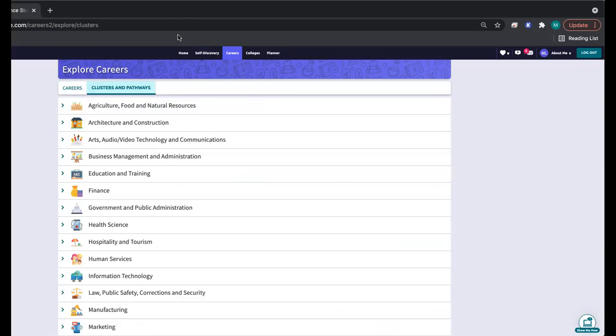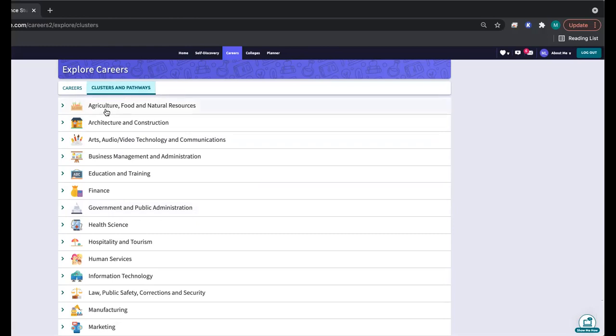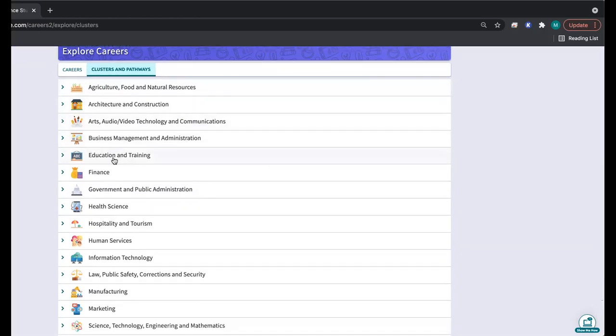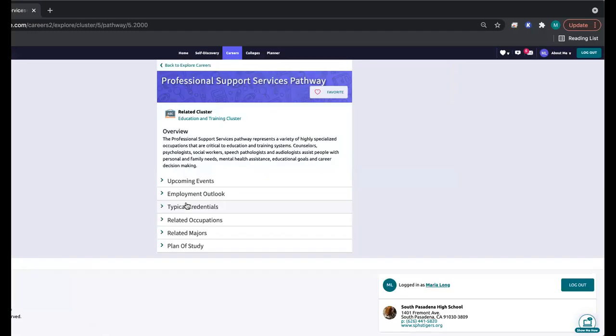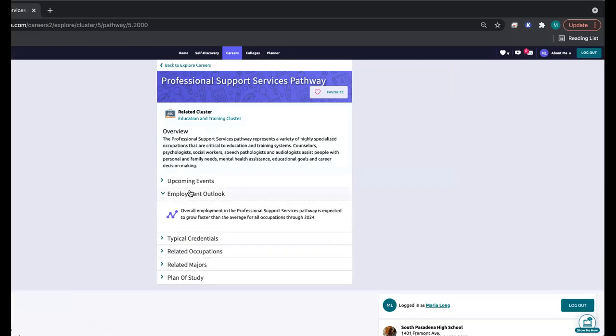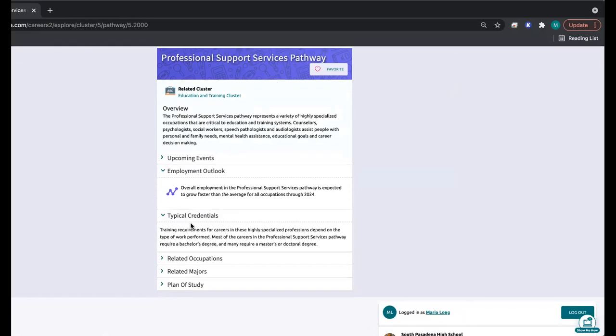to explore careers. So these clusters, this is a national framework, and there's 16 clusters or groupings of different types of careers. So this one is agriculture, food, and natural resources. I'll go to education and training. That's a career cluster. So when you click on that, you will see kind of 3 different subheadings. So since I'm an educator, I'm going to click on professional support services. And then you can see employment outlook for professional support services under education, the types of credentials that you need, the related occupations,